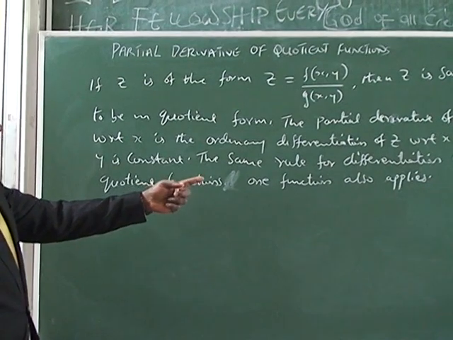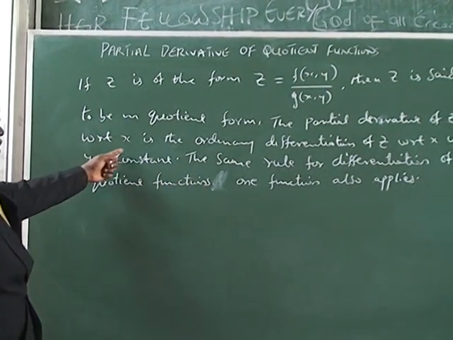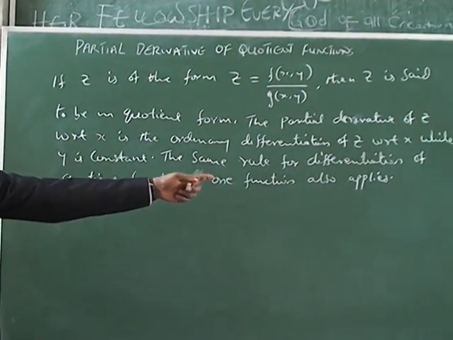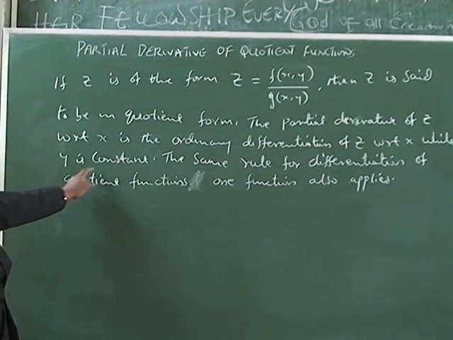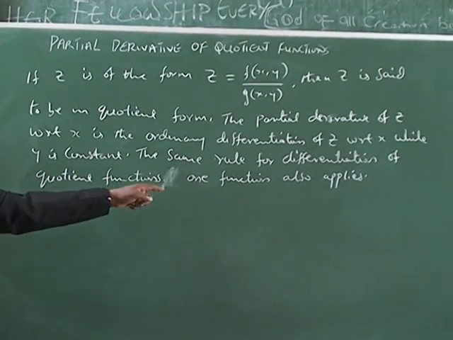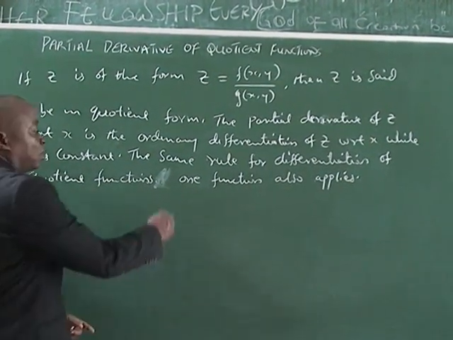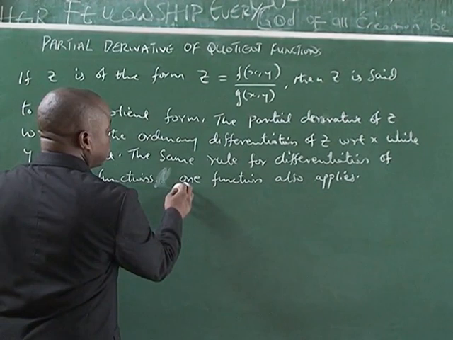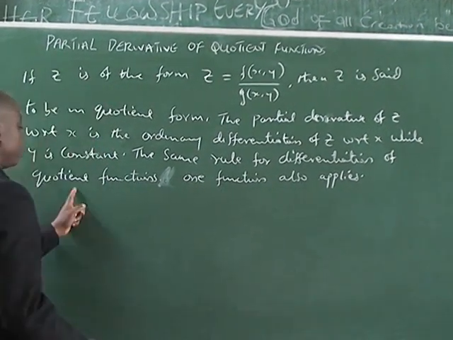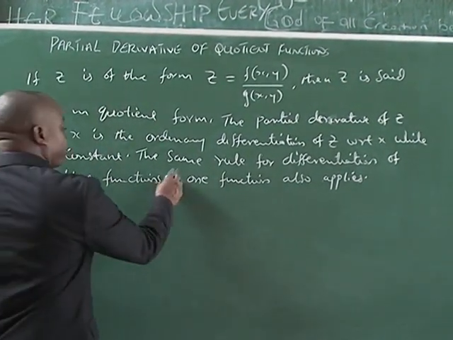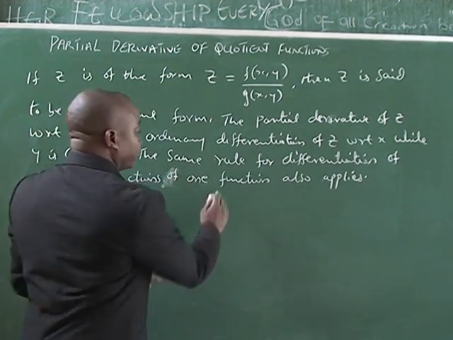The partial derivative of z with respect to x is the ordinary differentiation of z with respect to x, while y is constant. Now the same rule for differentiation of quotient function of one variable